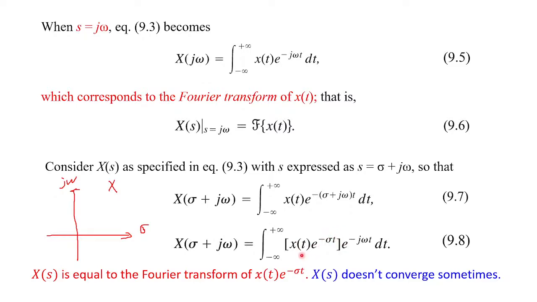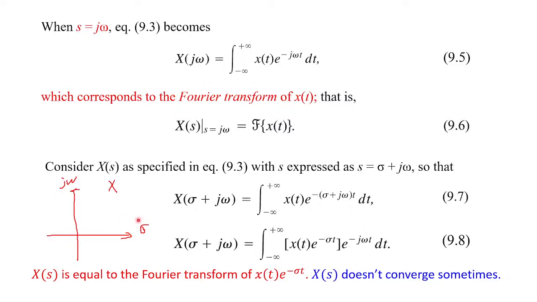So you can look at your Laplace transform on the sigma and omega plane, and depending on which sigma it is, you can do a Fourier transform at that value of sigma. You just multiply your signal with this exponential, think about your Fourier transform along the axis, and you will get your Laplace transform. But the real weird thing about the Laplace transform is that